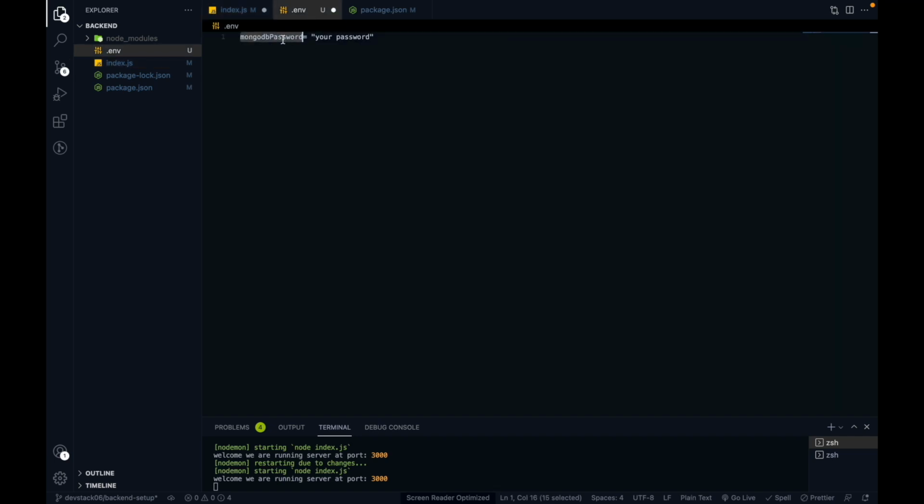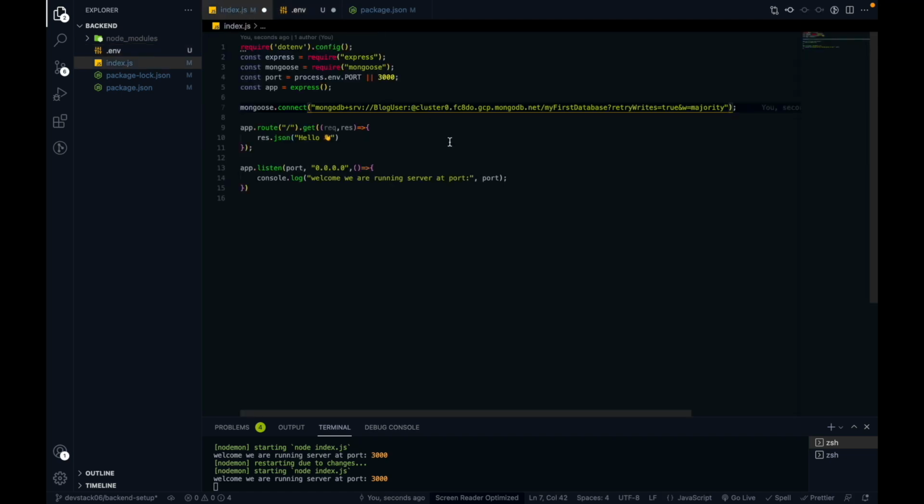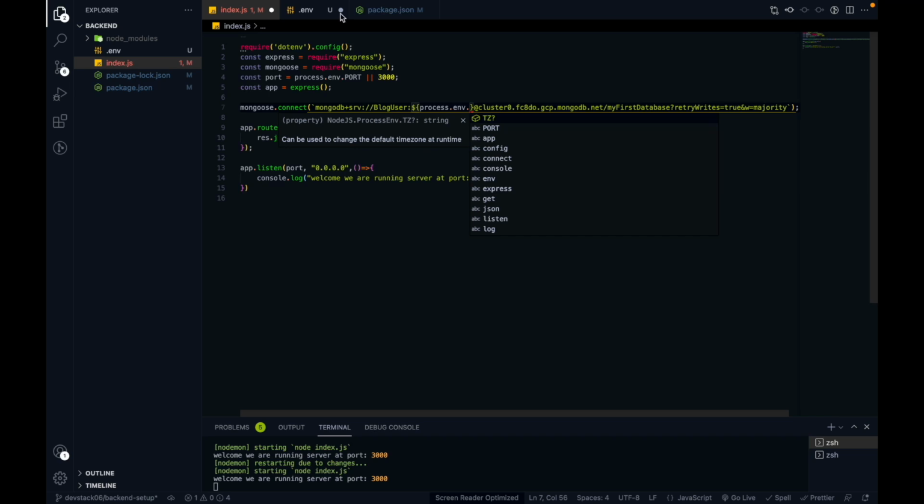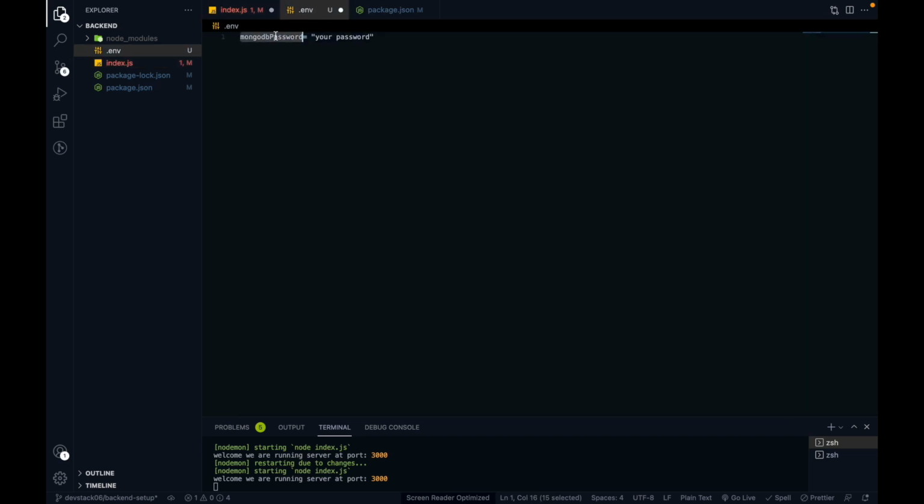Okay, now here you can use your password which you just added in the .env file. Suppose your environment variable name is this, and you have added the password over here. To use it, you have to do it like this. It's a string interpolation, and where we need to add the password, I just forgot, just after this colon. Okay, so here I'm going to put the password, and we will get the password from process.env dot the name, MongoDB password, which we created.